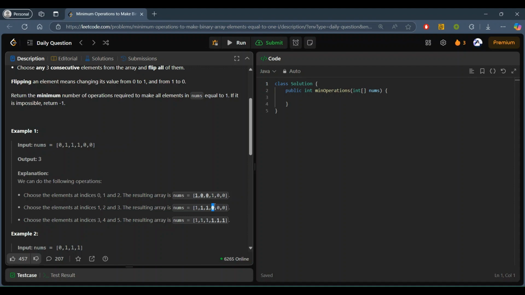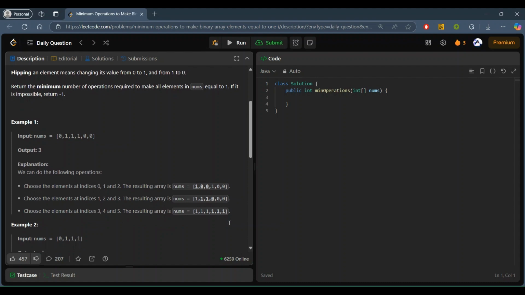Now we will start from this 0 and take three consecutive numbers from here, and if we flip, then we have all the numbers as one. So here it is possible to make all the numbers inside nums one by using three flips, right?